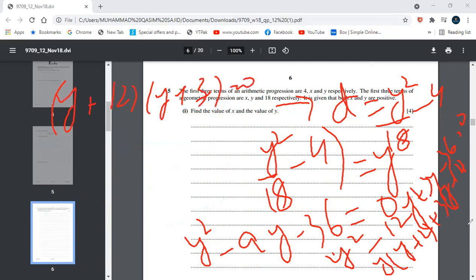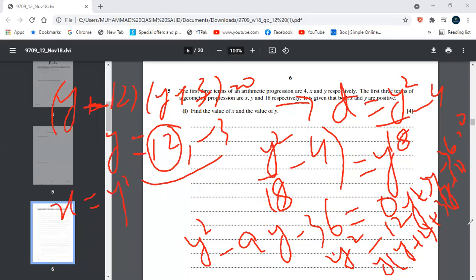So the y value must be, here y is negative. So y equals to 12 and y equals to minus 3. As y must be positive, I am taking this value. So y equals to 12. So putting the value in the equation, that x equals to